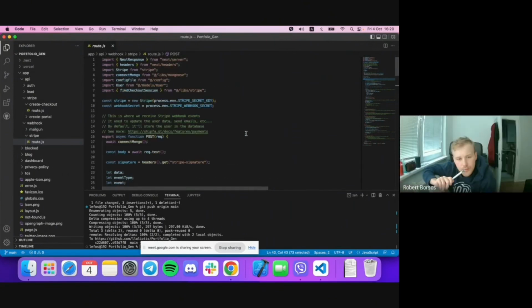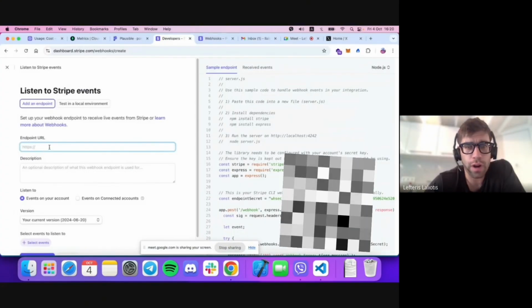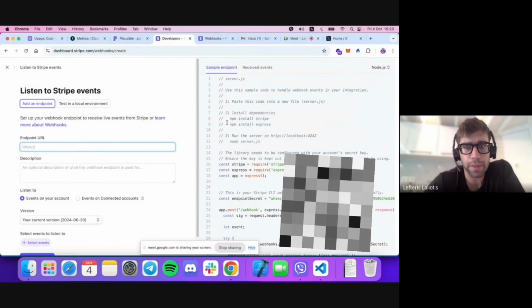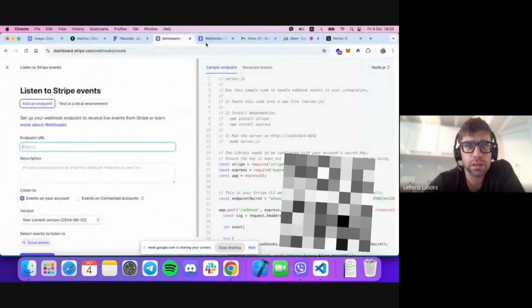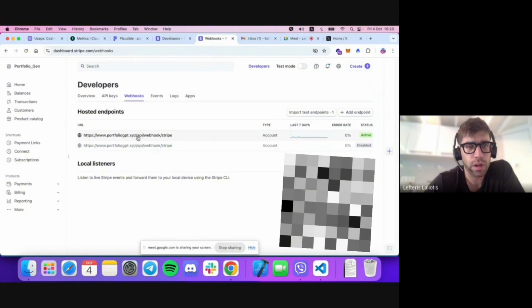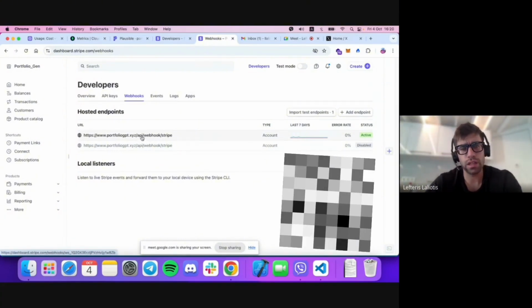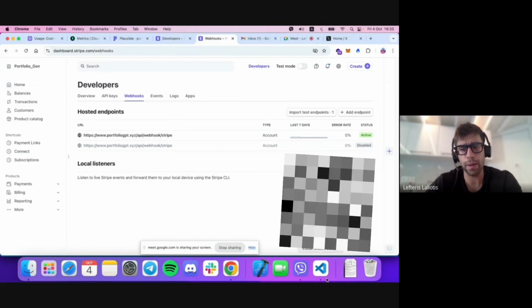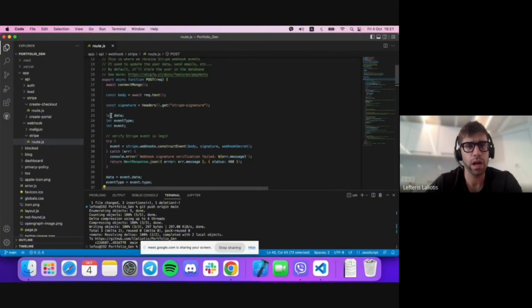You input here the endpoint URL where you want to redirect after payment. The path is API webhook Stripe, so I'm just pointing in my code, and now your code knows it's gonna go to API webhook Stripe and start reading there.